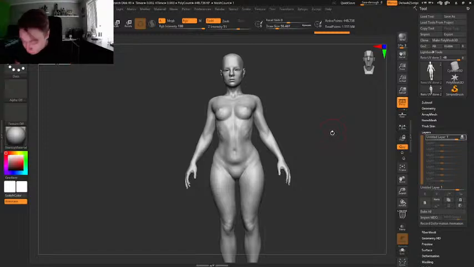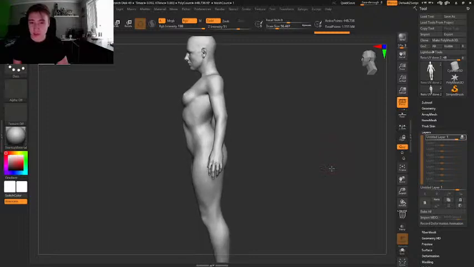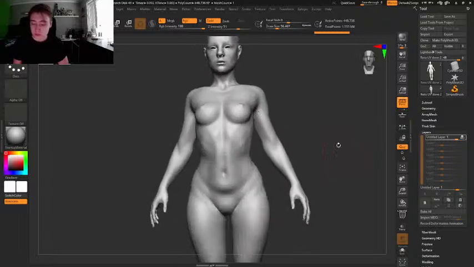Okay, so the first thing we are going to pose is the overall gesture, and we have already started doing that in the overall sculpt already. So I'm gonna start posing the arm. The first thing I do, this arm to be more exact,